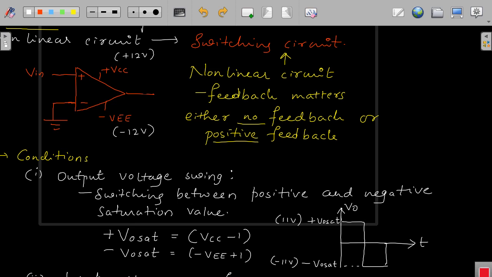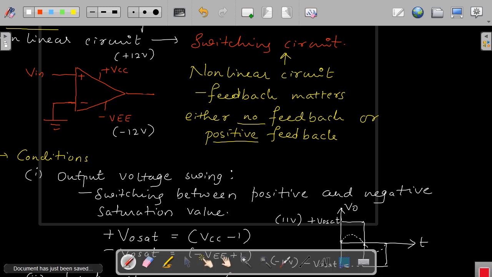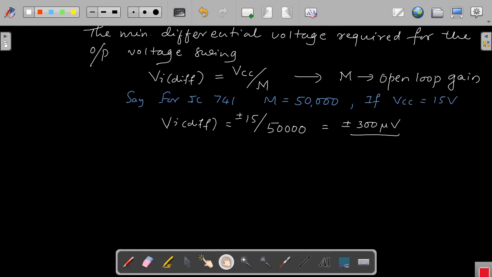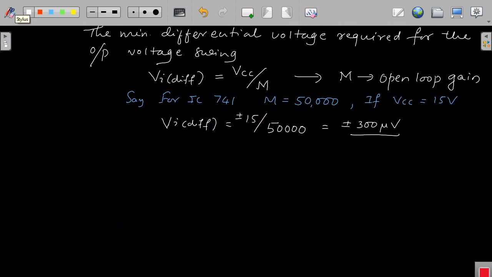So let us say this is my input, something like this, with such a small input of about 300 microvolt on either side, the output will switch from its previous state to the next state. So this is another important point to be noted as long as the input voltage swing or the range is concerned, right? So this is the second criterion or the second parameter which we are supposed to take, and the third parameter